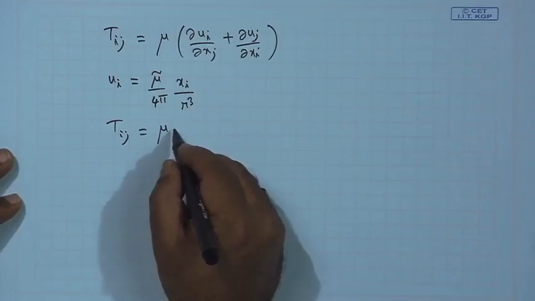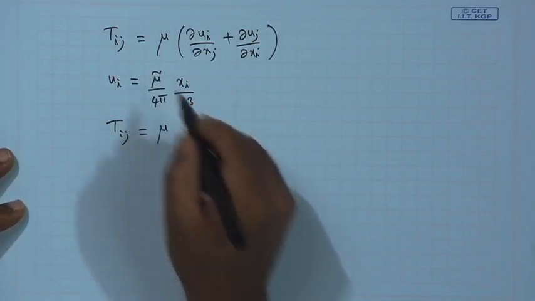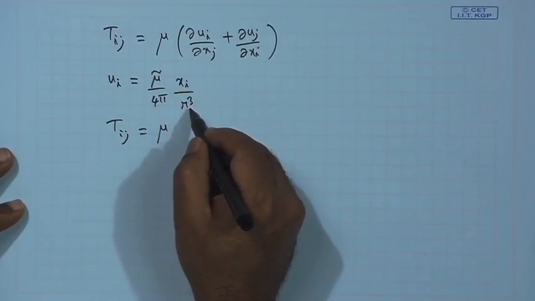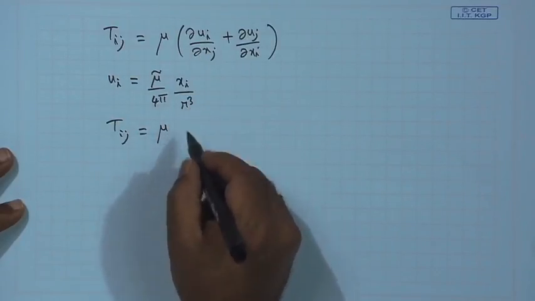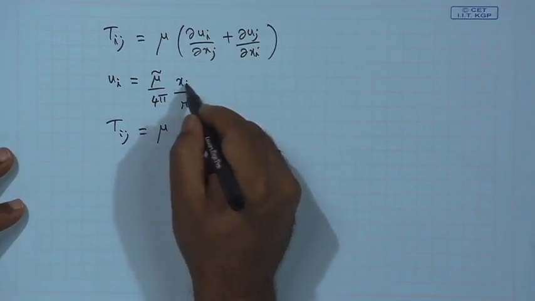So, mu, then this is common. Okay. So, I am leaving this part. Okay. So, we can normalize. So, now ∂u_i/∂x_j, right. So, that will be u_i is, so we have to